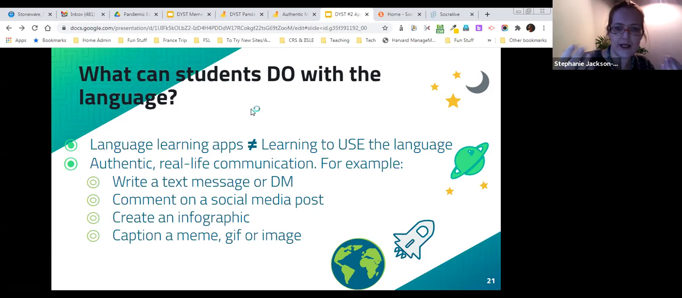And so when we keep that in mind, when we're bringing technology into the classroom, we want to bring in technology that has students using the language for a purpose and something that's authentic, that exists in real life. So for example, writing a text message or a direct message, that's something that kids do hundreds of times a day. And so when you're bringing that in as a source of writing, then it's authentic. It's not only more engaging for them and more motivating, but it's also leading to better learning outcomes